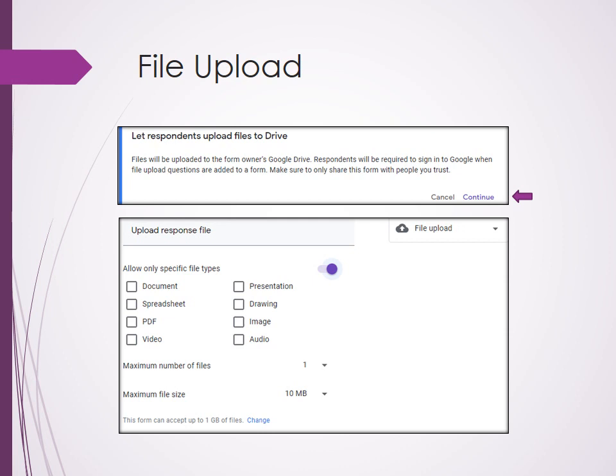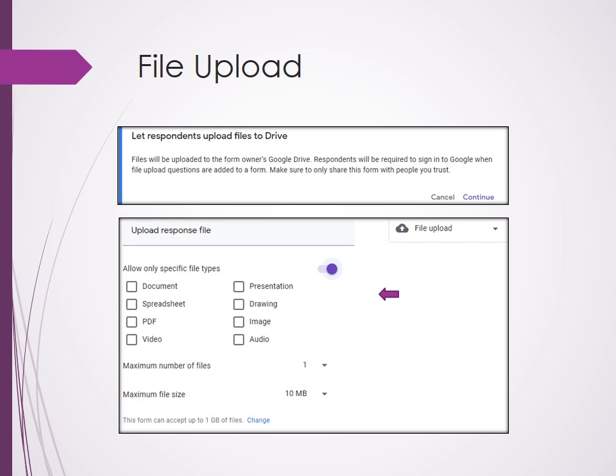They will have the access, but there will be a particular directory. Only in that particular directory, the respondent will be able to store his file. Again, that is via forms only, not manually at all. So it is a very secure one, no issue. And obviously, if you want to collect the file upload question, then you will have to click continue. Otherwise, you cannot use this question.